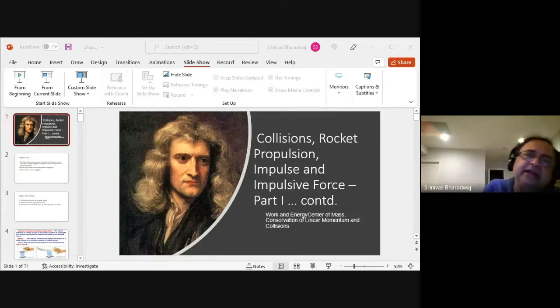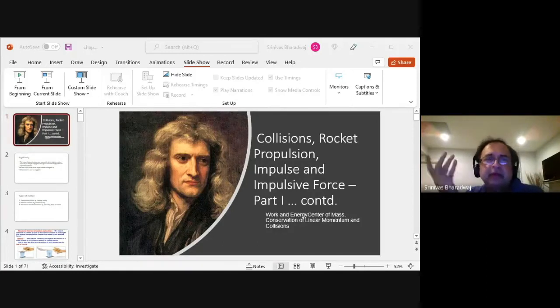Now, in perfectly inelastic collision, there's only one variable. Luckily, there's no V1 and V2. V1 equals V2 equals V. And therefore, you can very easily solve it, right? So you just have one equation, which is (M1U1 plus M2U2) by (M1 plus M2). Right? So that is perfectly inelastic collision. That is just from the conservation of momentum, you can solve, right?